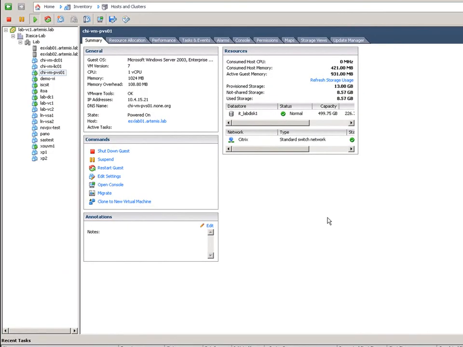Now while we're on the subject of adding stuff, let's go ahead and add a raw device mapping or raw disk mapping to one of our virtual machines and see how that works. Now as I was telling you before, sometimes it makes more sense to add a LUN directly into the virtual machine rather than provision it as a VMDK or a